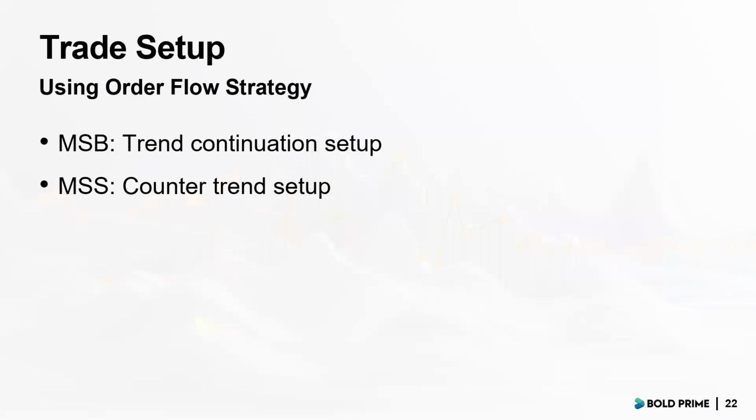Okay. Now, once we have a directional bias, it doesn't mean that immediately we jump in to take a trade on the buy or the sell, right? We need to have a setup. We need to know where to enter, where to put our stop loss, where to put our potential take profit. Okay. And that's where the second component, the second element comes in, right? That's where we talk about setup.